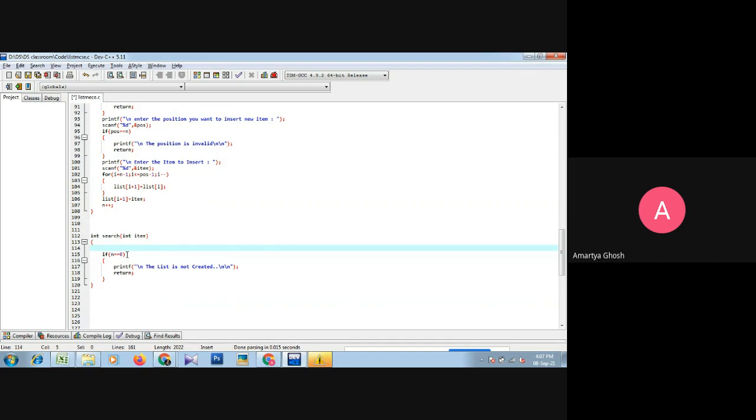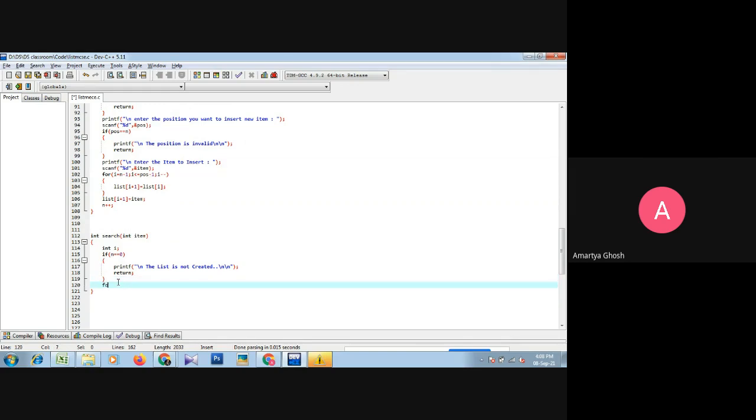And if the list is created, so we need some variables to visit throughout the list. We need integer I, so I is always required. Okay, and pos is another variable we may need. Right now only I is enough. Okay, so now we visit throughout the list by for loop.